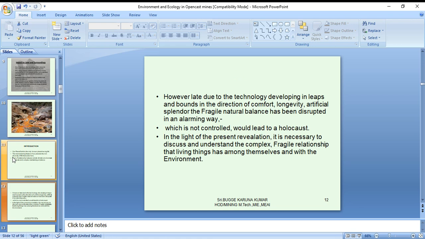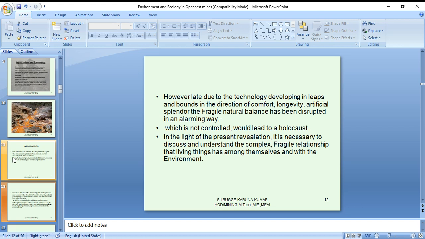However, lately, due to technology developing by leaps and bounds in the direction of comfort, longevity, and artificial splendor, the fragile nature balance has been disturbed in an alarming way, which, if not controlled, may lead to a holocaust.